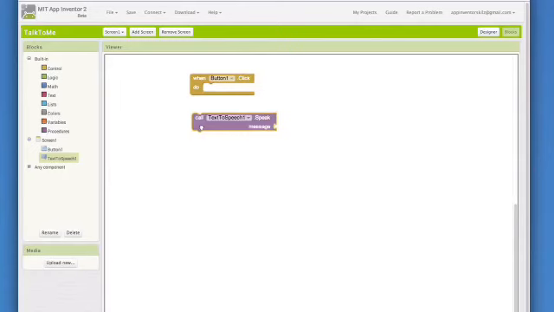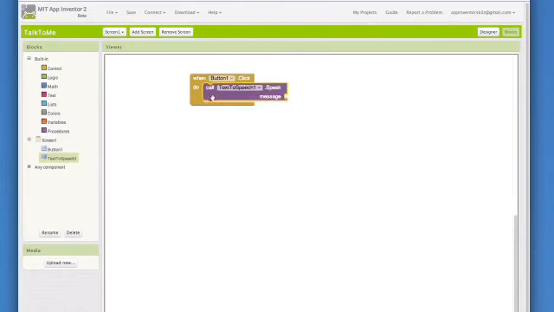Choose call TextToSpeech.Speak and drag it over to the when Button1.Click block. It will fit right inside and you will hear a click when the blocks connect.